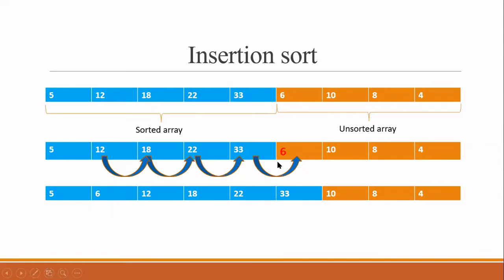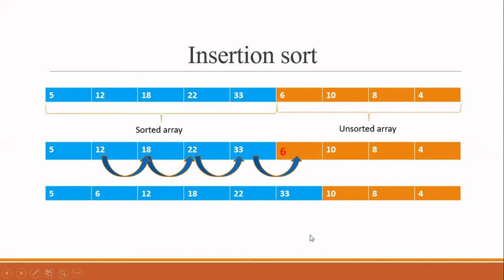If you see, after this the array shown in blue color is sorted with respect to those elements, and these are the unsorted elements, nothing but the cards on your table. Now, can anyone tell me how many comparisons and movements are required to place 6 in its correct position? We did 4 comparisons, and also 4 movements. First we did a comparison, then if the number is greater, we moved it. So 4 comparisons and 4 movements are required to move 6 to its correct position.